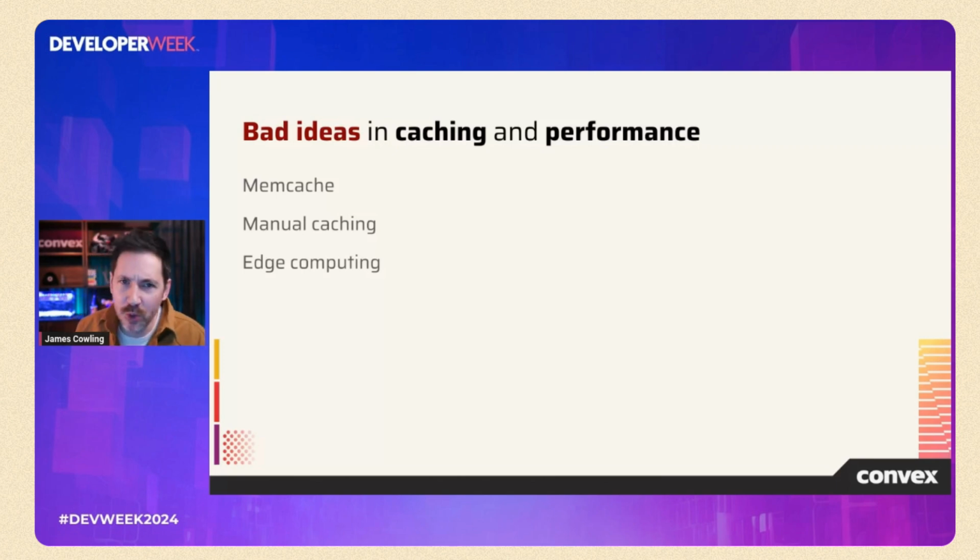And there's this recent movement now about the edge. So the edge, by the way, just means putting servers and databases in secondary data centers close to your users for latency purposes. But now you have to deal with one of the hardest problems in computer science, which is cache consistency and distributed data sync. And I find it amazing that we're recommending to developers to be thinking about these techniques early on in their application when they want to be focusing on building apps in the simplest possible way.